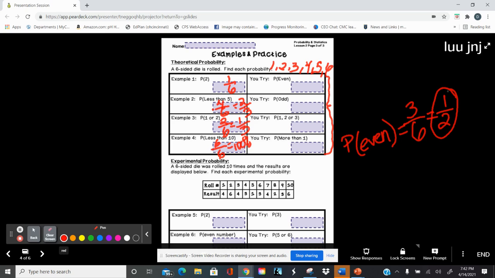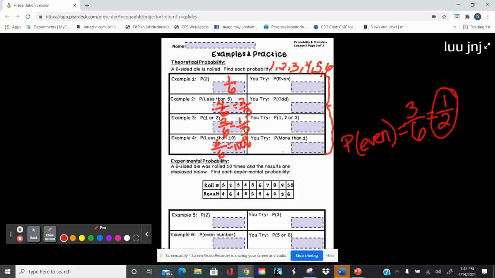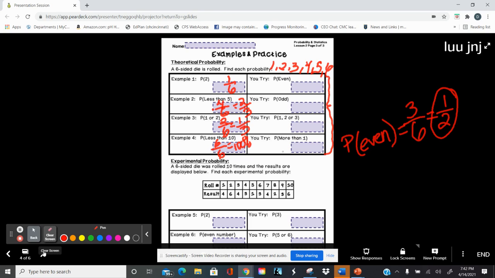So anytime you see you try, those are the ones that you are going to do, and you're going to upload the picture so that I can see. All right, so let's go down to